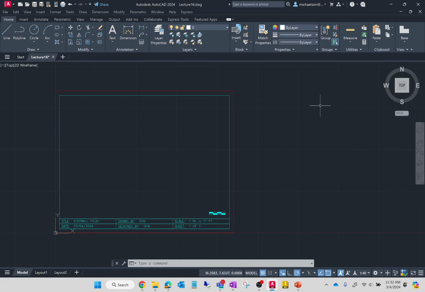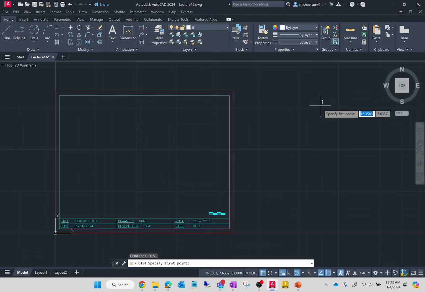But before we scale the title block, I have a command that I want to show you, and the command is called the distance command, or DIST. For you Mac folks, there is no shortcut for this, but for Windows, it's in the measure toolbar under the Home tab, but you know me, I just like to use the command. So the command is DIST and press enter. The distance command is sort of like the scale equivalent in AutoCAD.